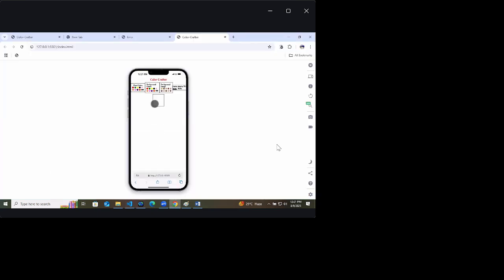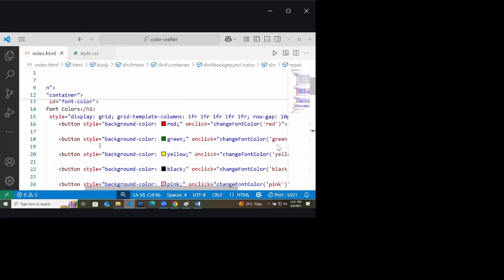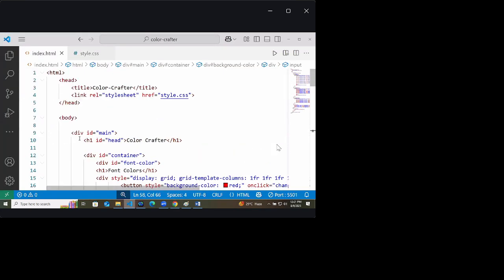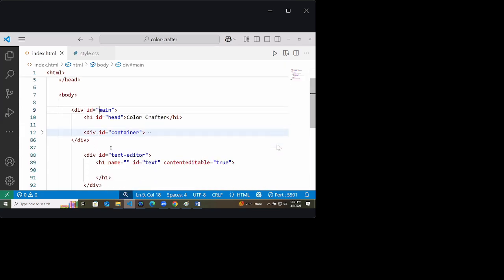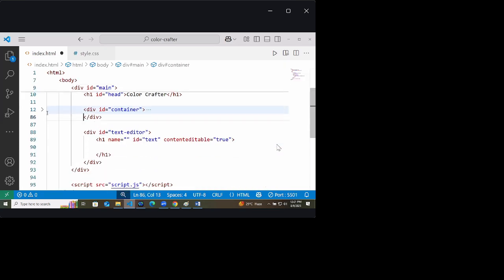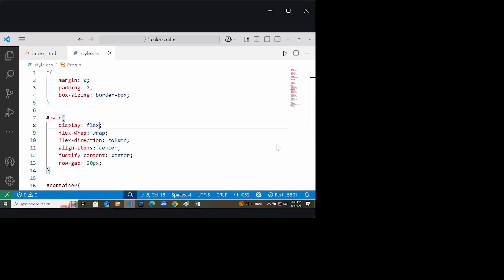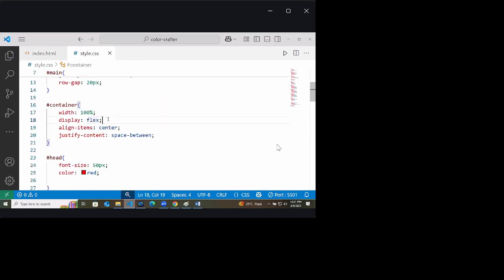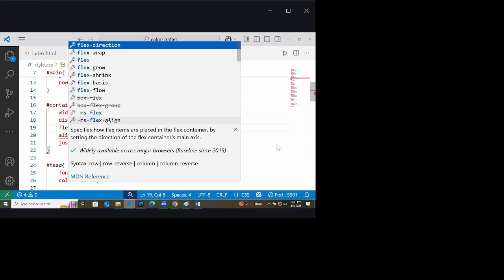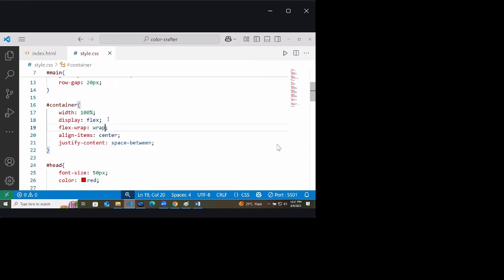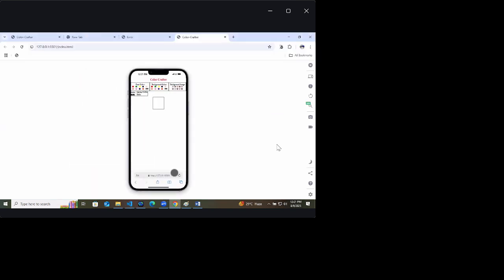Why is it not wrapping? Okay, because these four are in a different container. There is one main, then this is a container. Right, got it. All those four divs are inside this container. Display flex wrap. So the fourth one is coming here.